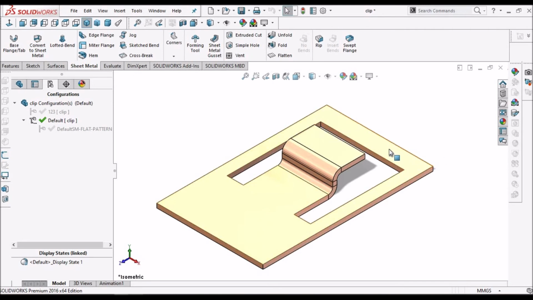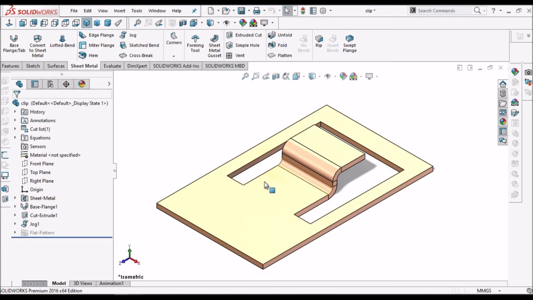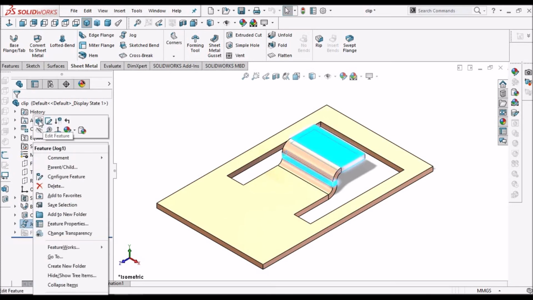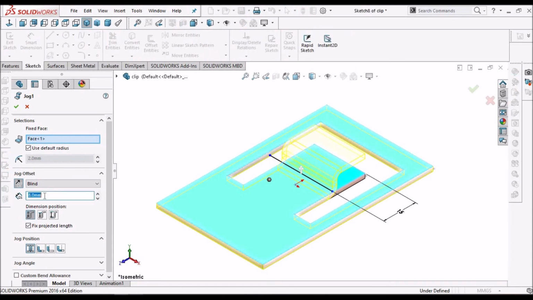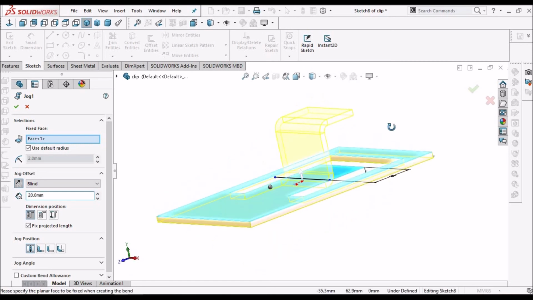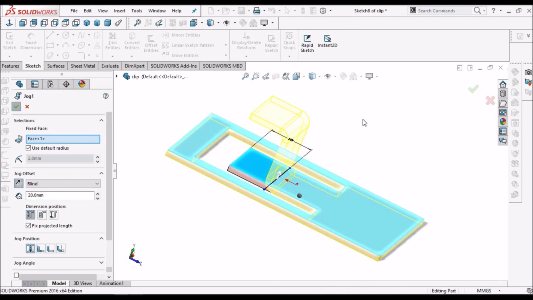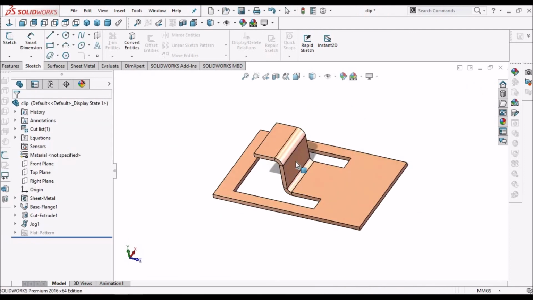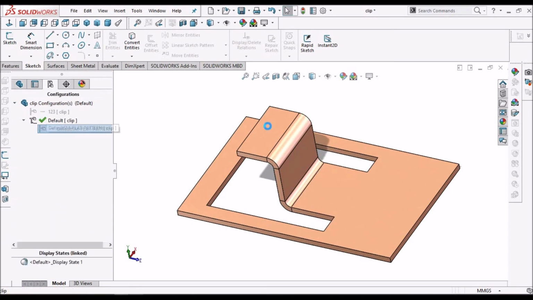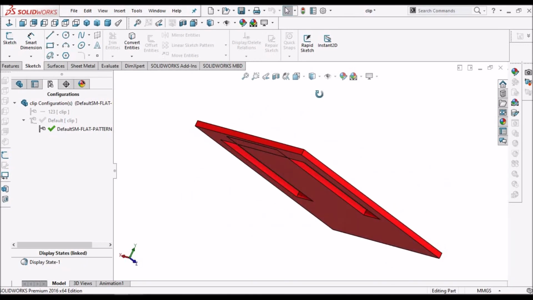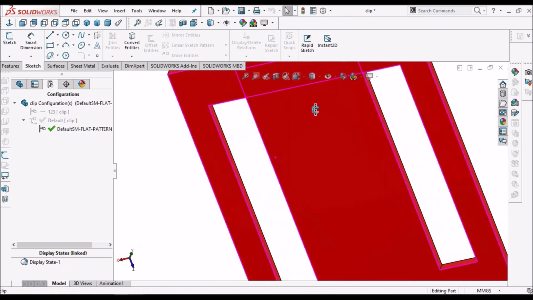So when we design any feature with a jog, we should be careful while deciding this distance, because if I increase this height, the software creates the jog feature, but when we go for manufacturing, it is impossible.